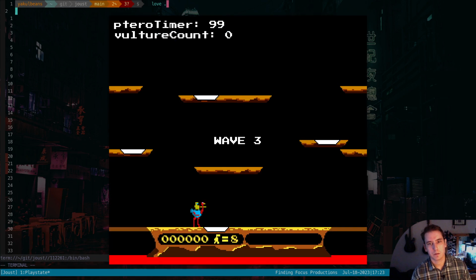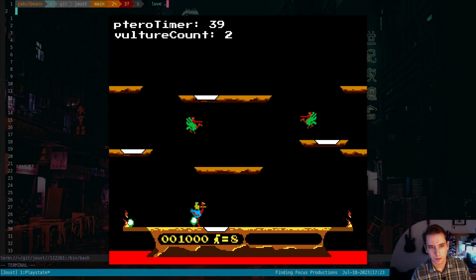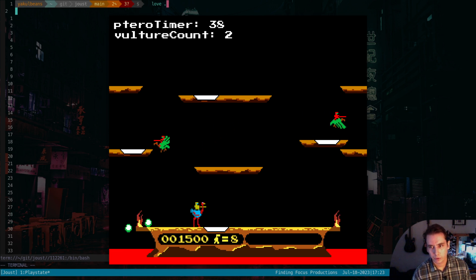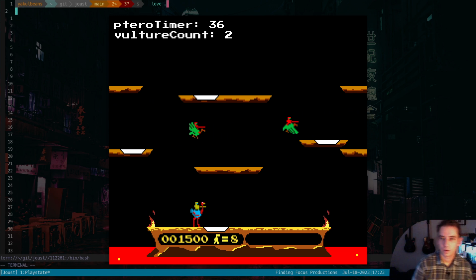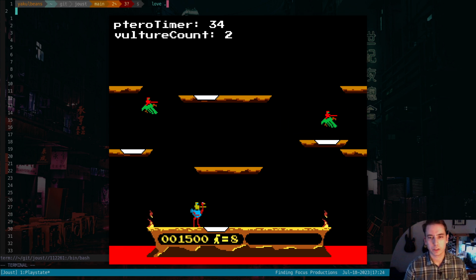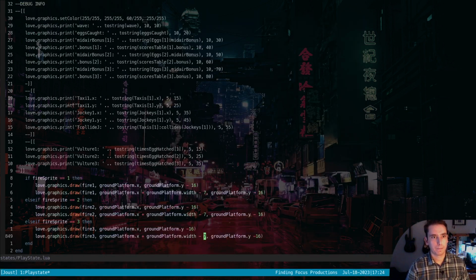Let's see if that's two sides of fire. Nice. Looks pretty spot on. Yeah, it looks pretty spot on. So